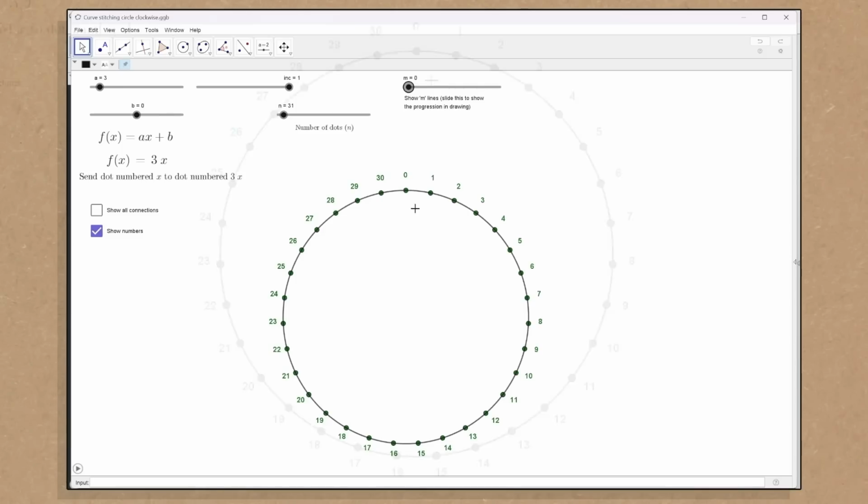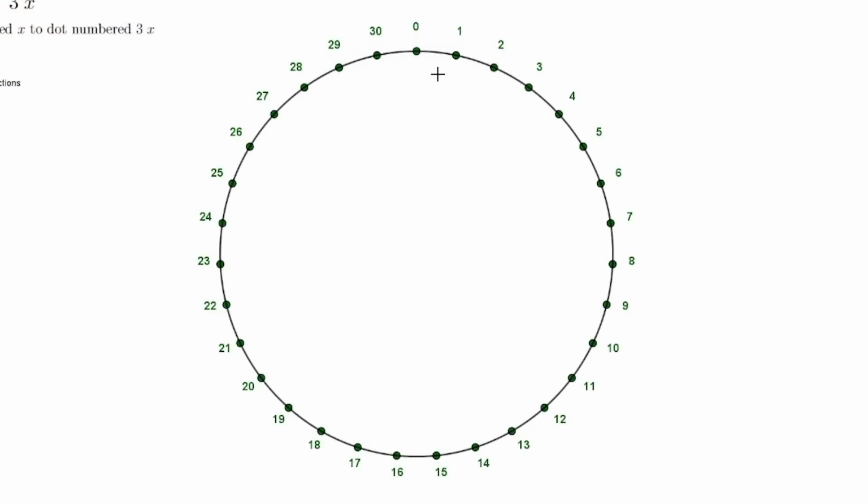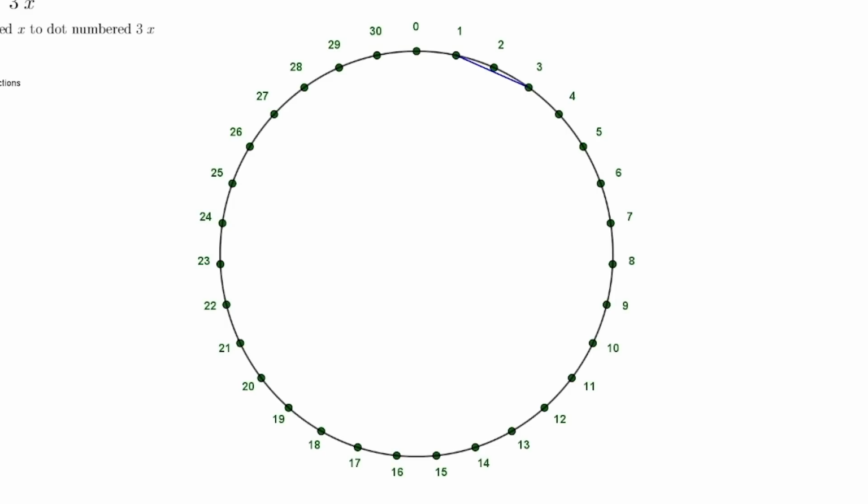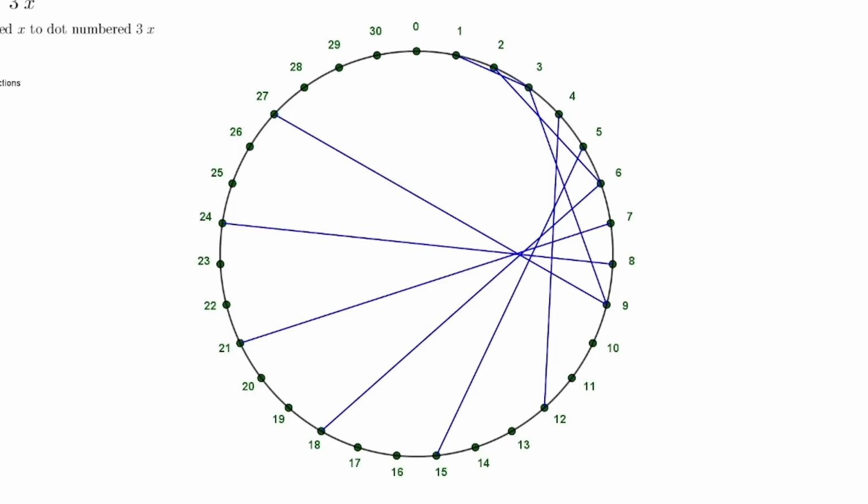But it also reminds me of another famous piece of mathematical art. Here is a circle, Brady, and I've numbered some points around the circle. We could pick any rule here, but I'm going to pick the rule which is, if you take a number like the number 1, you're going to join that number to a number which is 3 times bigger than that, otherwise known as 3. But if you pick the number 5, you would join it to 15. Amazing. And we'll do that for all of them. I'm glad you're keeping up. Let me show you what happens. So if I join 1 to 3, 2 to 6, 3 to 9, and go all the way around,